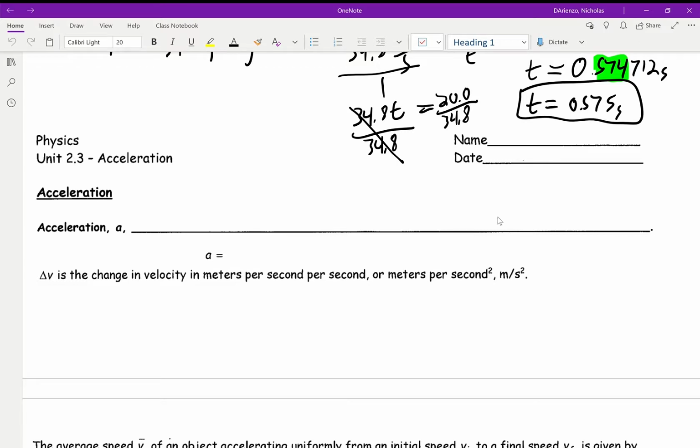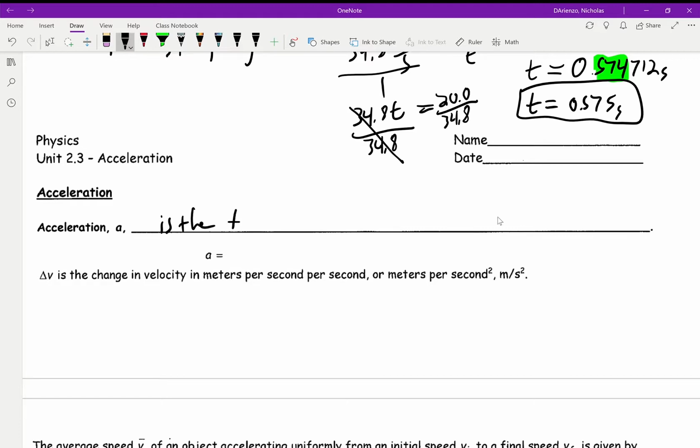Hey everyone, today we're going to continue our discussion about kinematics, and specifically how acceleration relates to the motion of an object and how exactly it's going to change the motion of an object. So acceleration, we've talked about it a little bit. More specifically, acceleration, which we represent with the variable lowercase a,